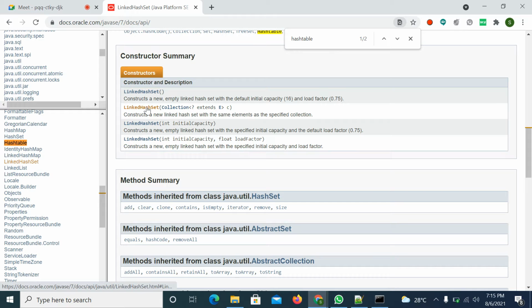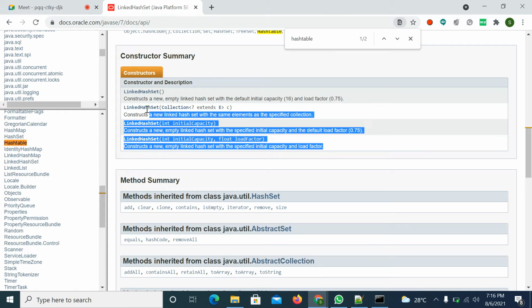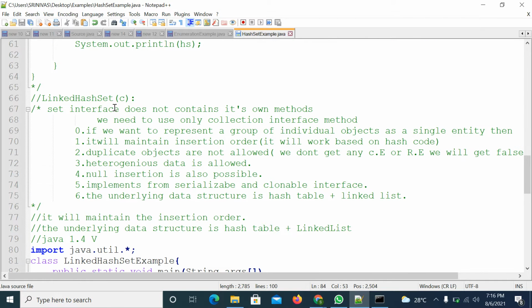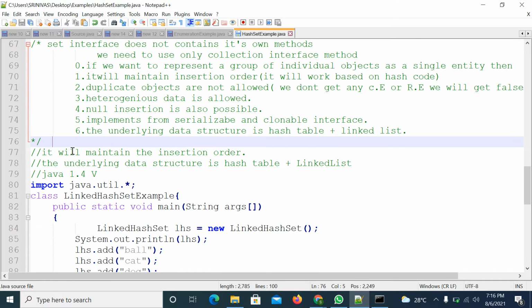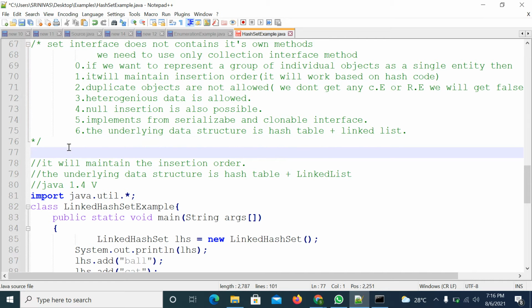You can construct the linked hash set with an existing collection object, you can pass the initial capacity, and you can pass the fill ratio also. You have four constructors, right? You can take this also, linked hash set constructors.